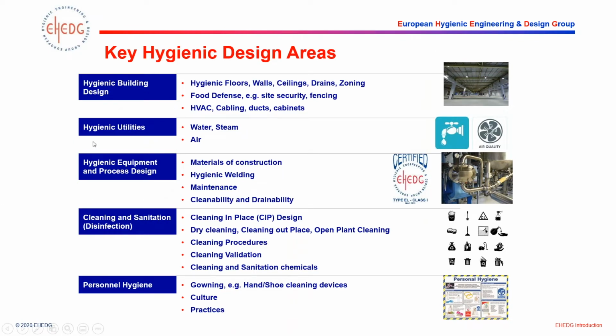The key hygienic design areas covered by EH include hygienic building design. This will include hygienic floors, walls, ceilings, drains, and zoning. Food defense, such as site security, heat, ventilation, air conditioning, cablings, ducts, and cabinets. Under hygienic utilities: water, steam, and air quality; hygienic equipment and process design, material of construction, hygienic welding, maintenance, cleaning and drainability,